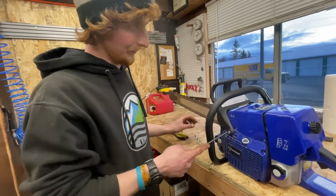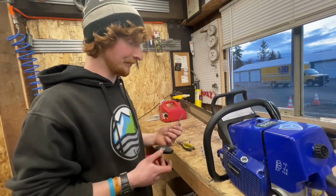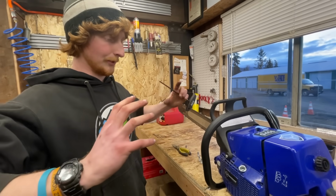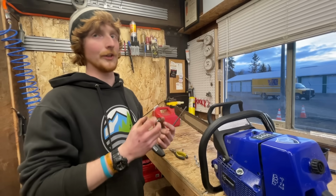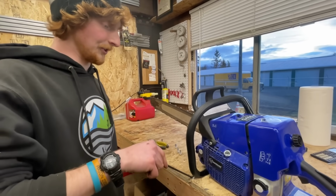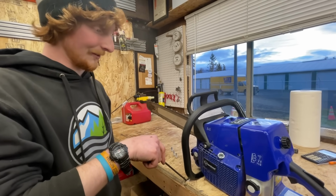The 200Ts are cool because you can put the cases together. The cases have needle bearings, so you can put the cases together without a special tool, and you can put the crank in the cases. Whereas with these, the crank is going into a ball bearing, so it's a press fit. So it's a little bit more of an operation to build these, but those 200T kits, if you're cool with running a saw that's made of slightly substandard components, then...